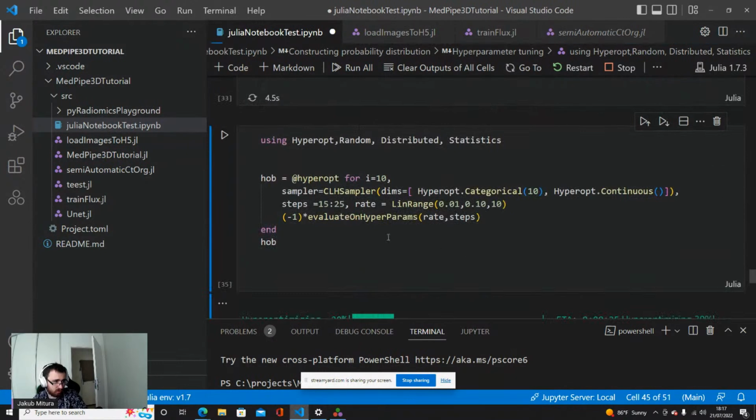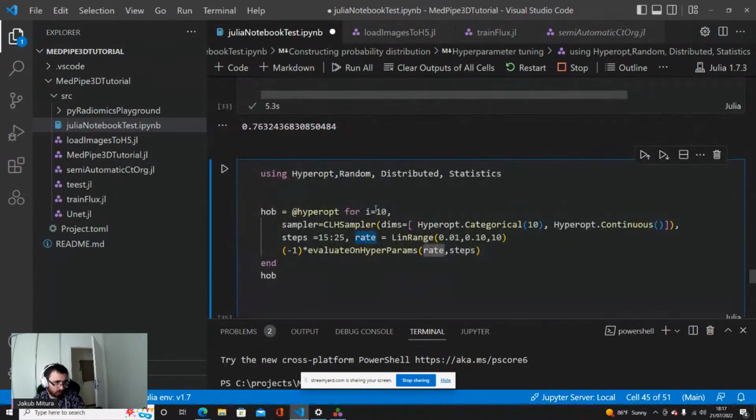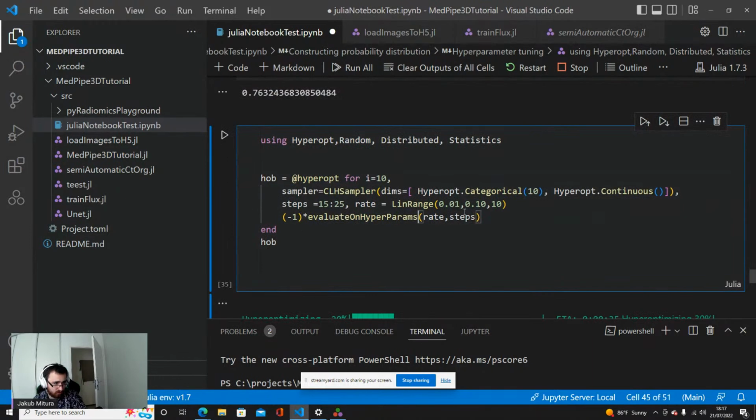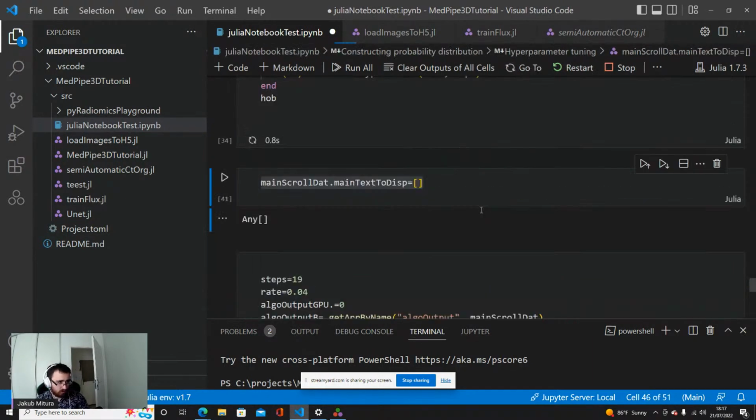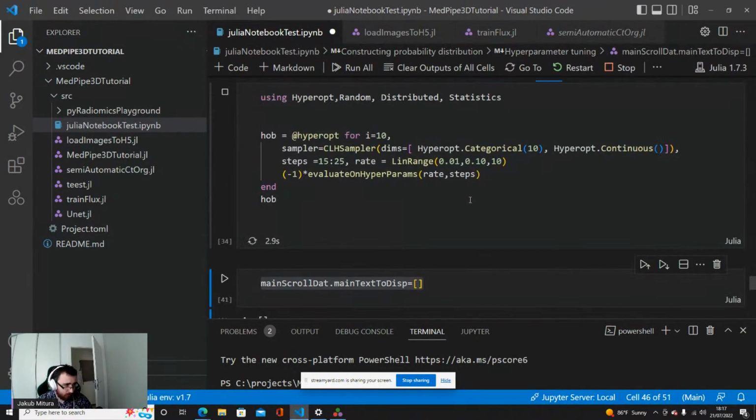We just define some of the parameters, and we define the number of steps. So here we are defining the steps and the rate for our relaxation labeling algorithm, and we want to minimize the loss. In this case, we are using the dice loss just for simplicity.